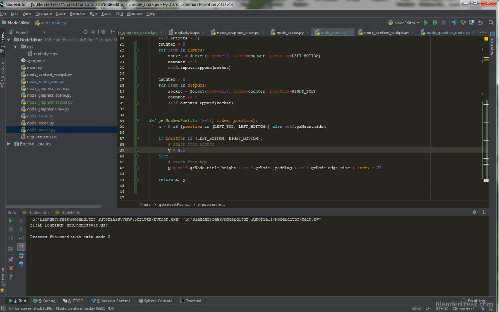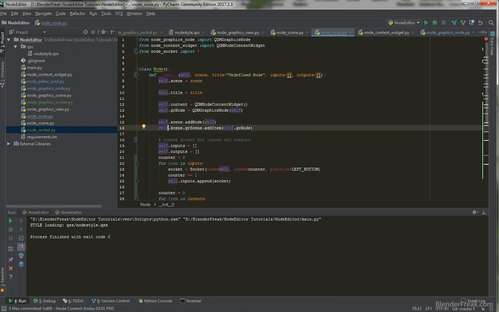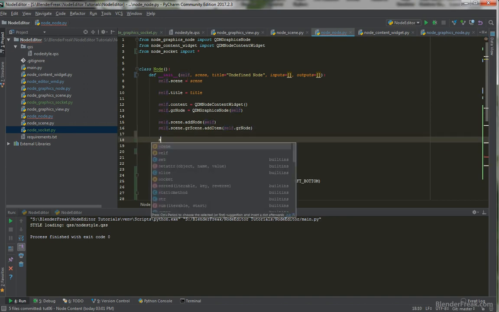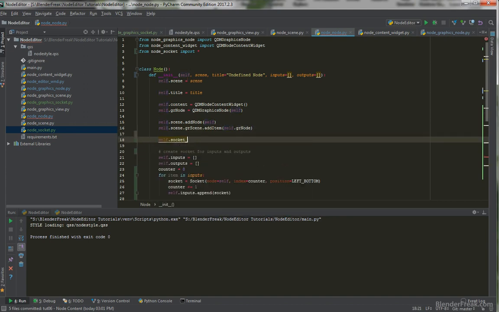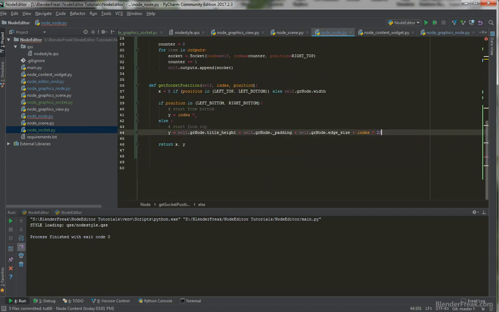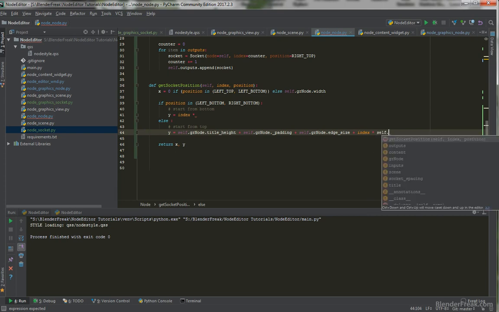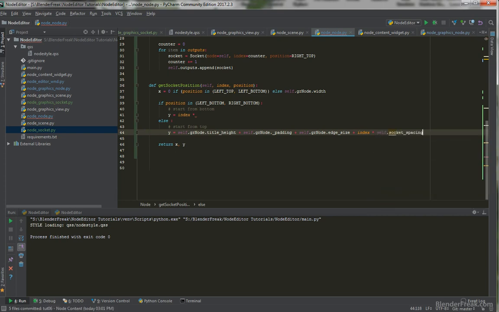So in this case, when we are starting from the bottom, then we need to go and say that the index will be multiplied by this number, which is actually spacing. So let's say here we can somewhere say socket spacing equals to 22. Say self socket spacing